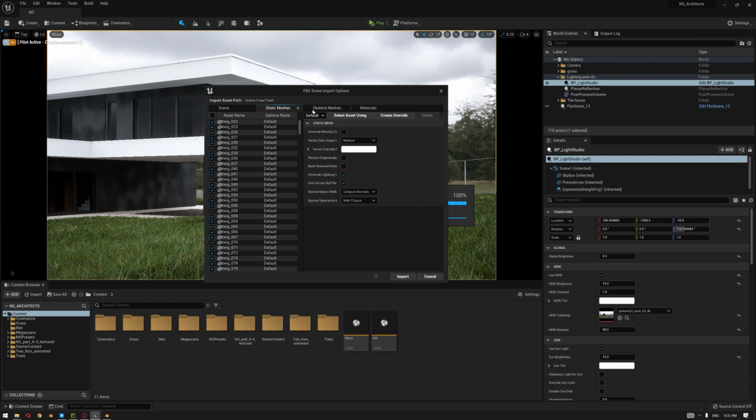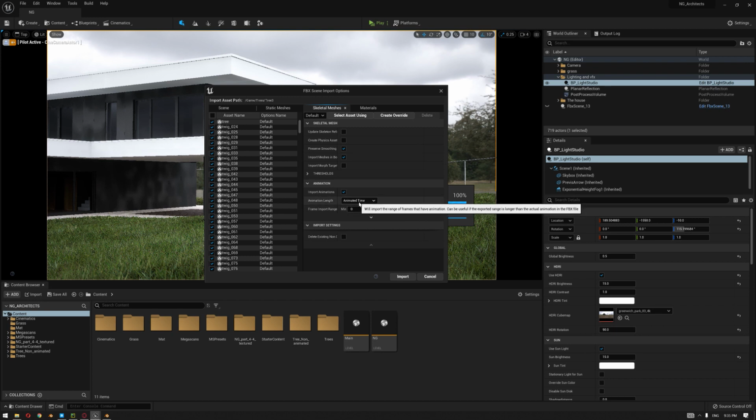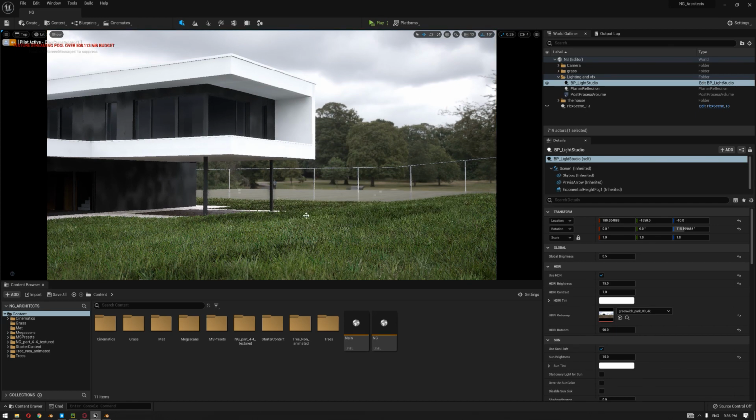And inside the static meshes, make sure to have the vertex color in replace mode. So we want to replace what we have with what Unreal Engine will import. And inside the skeletal meshes, make sure to check the animation, set your animation, or keep it as an animated time. The import time of this file will depend on your PC specs, along with the memory and the CPU speed. So after the import finishes, you're gonna get your tree imported inside the level.